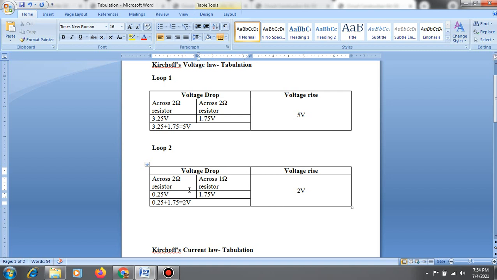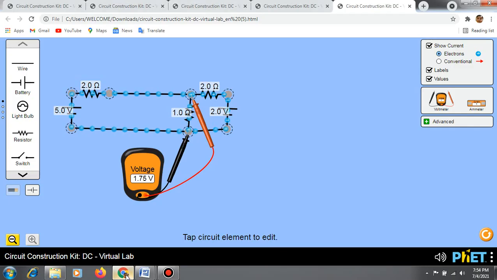So similarly, we have to do Kirchhoff's current law also. In order to do Kirchhoff's current law, you have to use the same circuit and do the same procedure as we have done just now, and now we have to measure the current value.